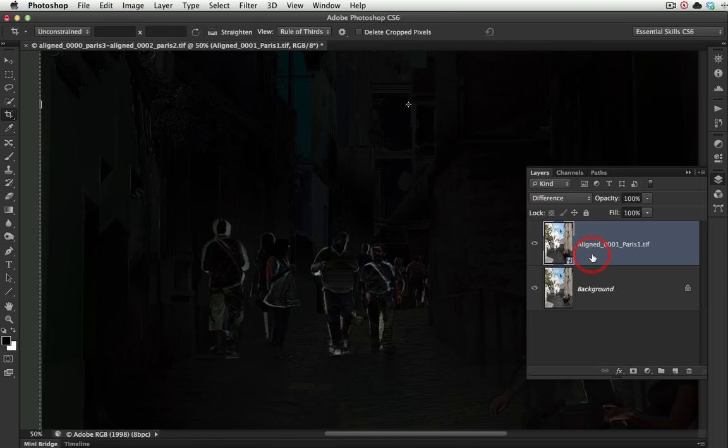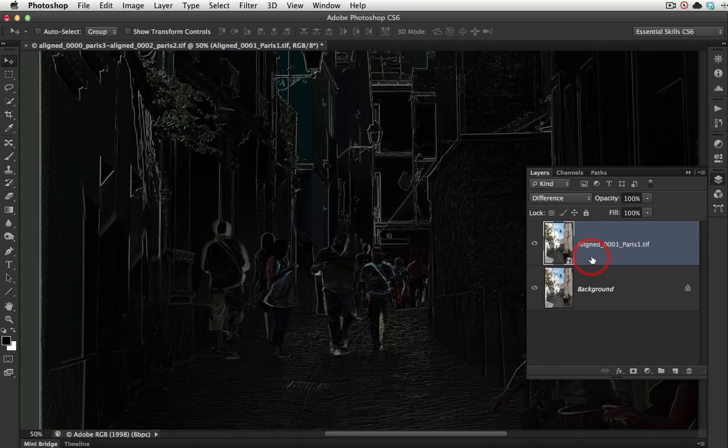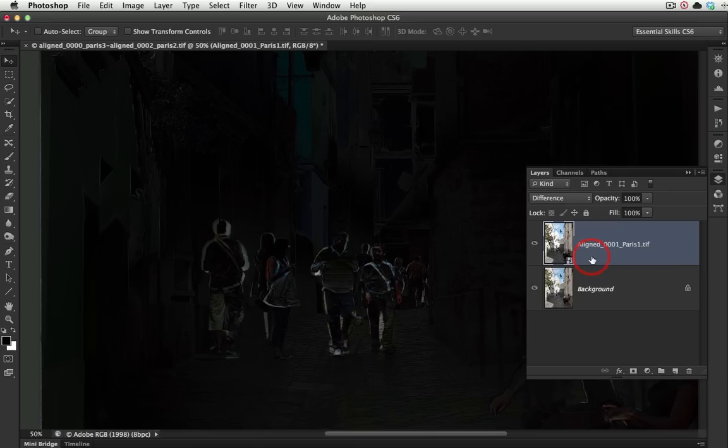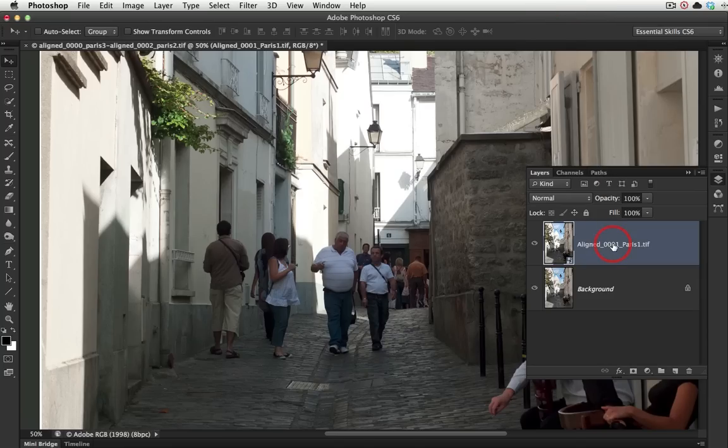If we don't have perfect alignment, I'll just select the Move tool by pressing the V key. If we don't have perfect alignment, you might find that your image looks a little bit like this. Okay, and all we need to do is nudge it into alignment using the arrow keys on the keyboard, until the only areas that we can see with white halos is the area with motion. I'll just put this back to the normal blend mode,